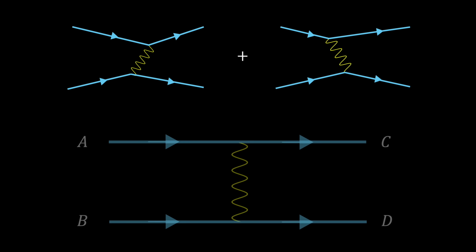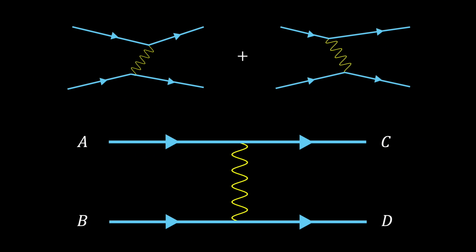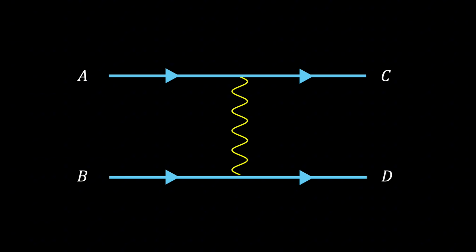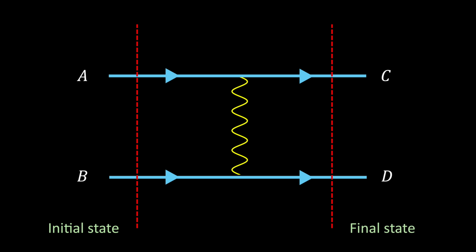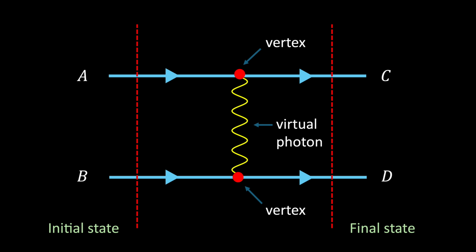Both are captured by a single Feynman diagram for one photon exchange, which automatically includes every possible ordering of emission and absorption. The diagram doesn't show a literal sequence of events in time, it represents the sum of all such possibilities. Or to put this another way, the left-hand side of the diagram represents the initial state of our system, and the right-hand side represents the final state. The central part of the diagram carries information about the particles exchanged and the interaction vertices, but not the actual order in which those interactions occur. For example, in our diagram we have two vertices, and the particle being exchanged is a virtual photon.